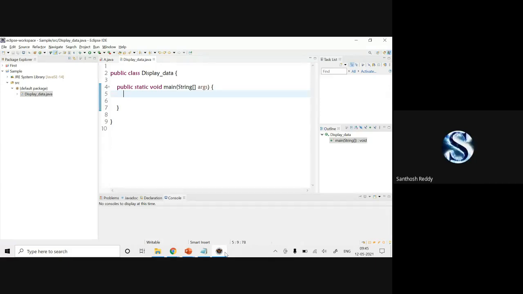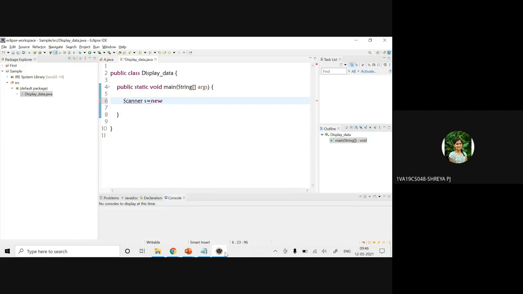Only one object we have to create. So which class do I have to make use of to read inputs from the user? Scanner class. Scanner s is equal to, which operator do I have to use? New.